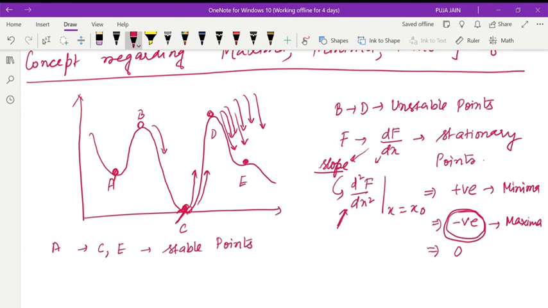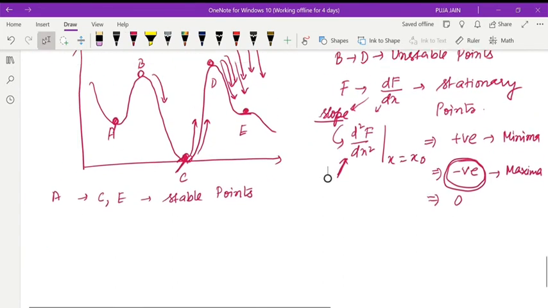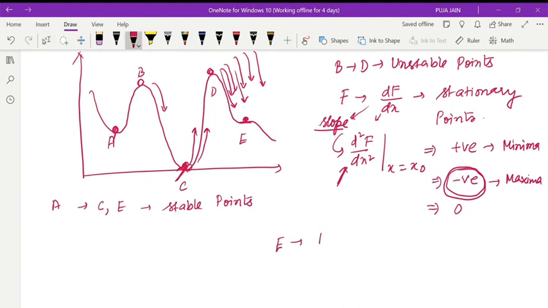This is the minima. If we are getting a negative value of the second derivative, the point is called maxima. And this point where we can see the particle is a little bit stationary is called the point of inflection. The point E is called the point of inflection. This has its usefulness in our critical points in our isotherms regarding thermodynamics.